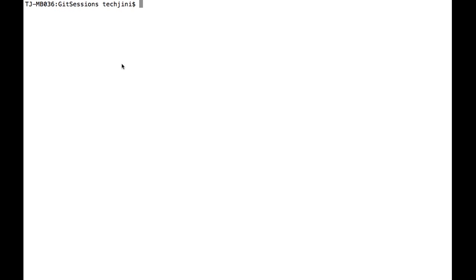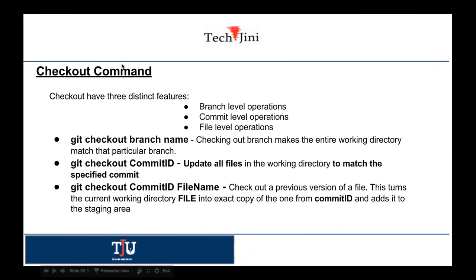Hello friends, in today's session we will learn about the git checkout command. Let's see what this git checkout command is used for. Now, as you can see, the git checkout command has three distinct features: branch level operations, commit level operations, and file